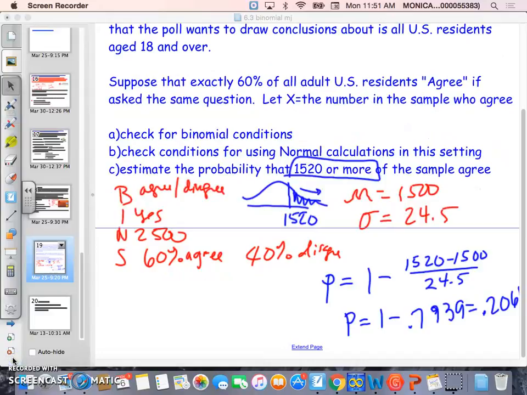Please note that when you look this up on your Z table, you get 0.7939. That's equivalent to finding the mean, but you have to take one less than because you want that number or more. And so remember, your